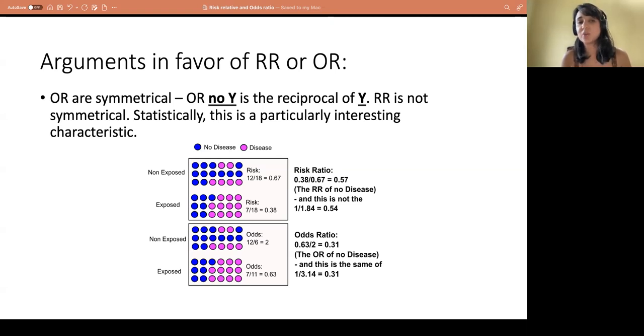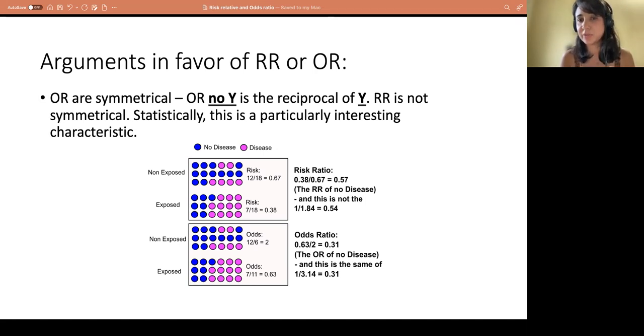And risk ratio is not symmetrical. Statistically, this is a particularly interesting characteristic. The odds ratio of not developing the disease is exactly the opposite of the odds ratio of developing the disease. So using our example,